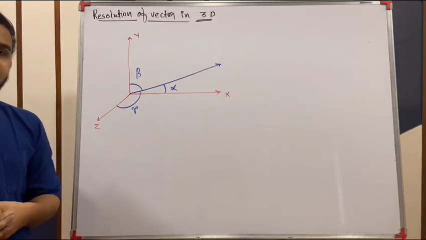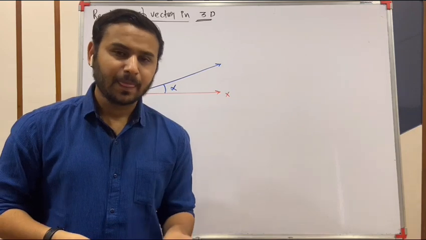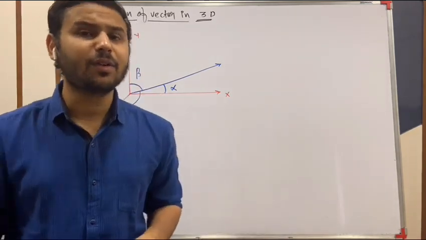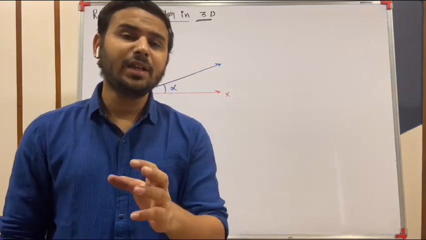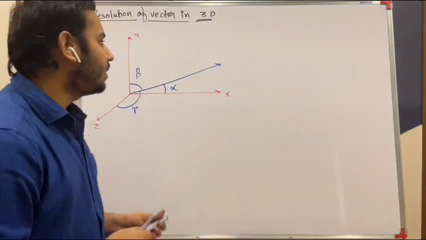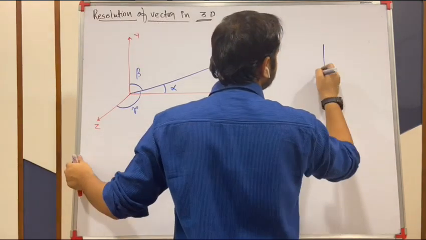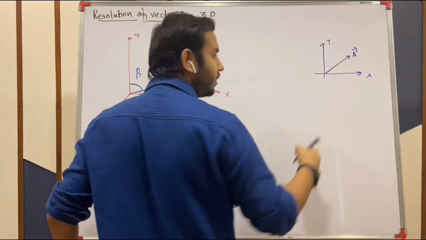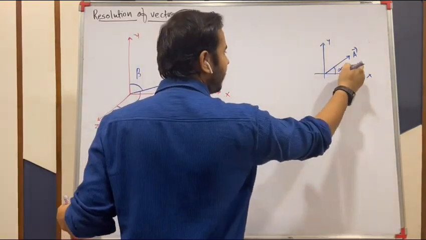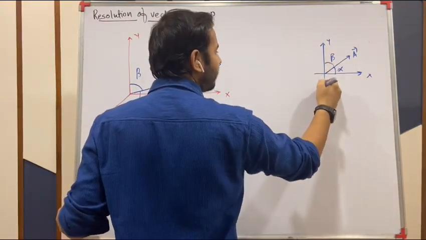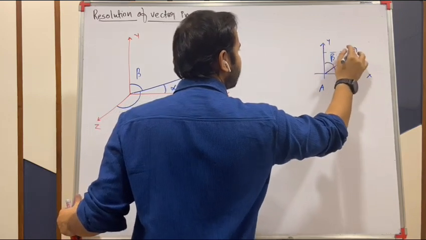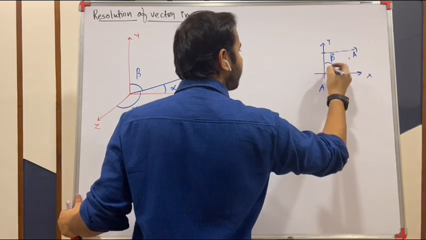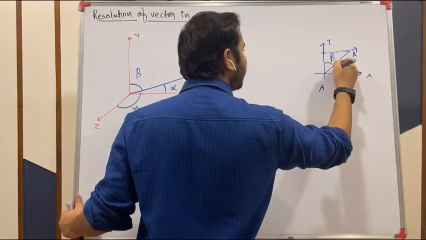We have studied AX and AY. AX and AY were A cos theta, A sin theta, but that A sin theta for the y component was basically A cos beta. Let me show you this. Suppose this is vector A, x, y in 2 dimensions. We have just studied alpha, beta. You can say this thing, okay, alpha and beta.